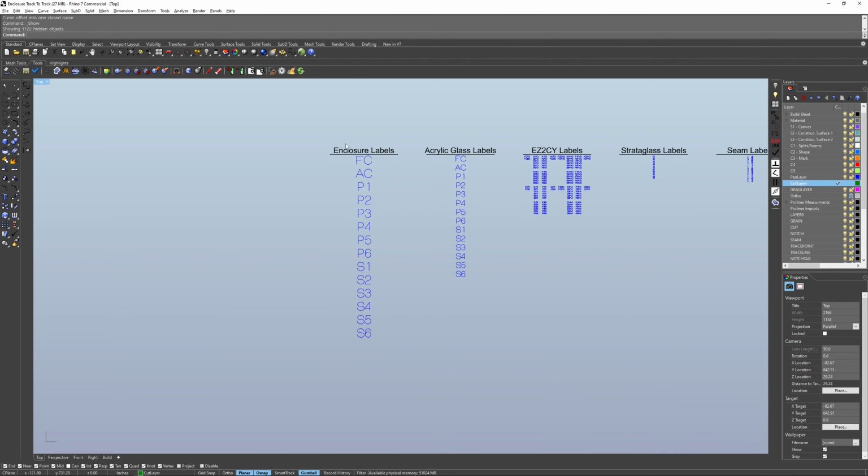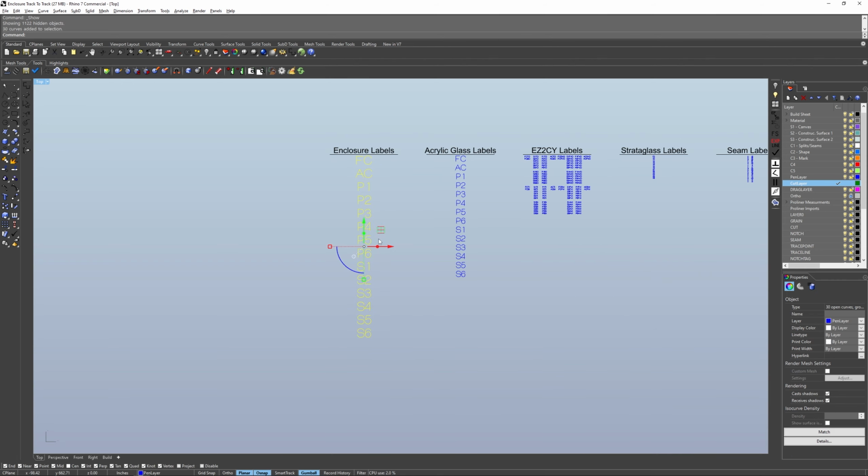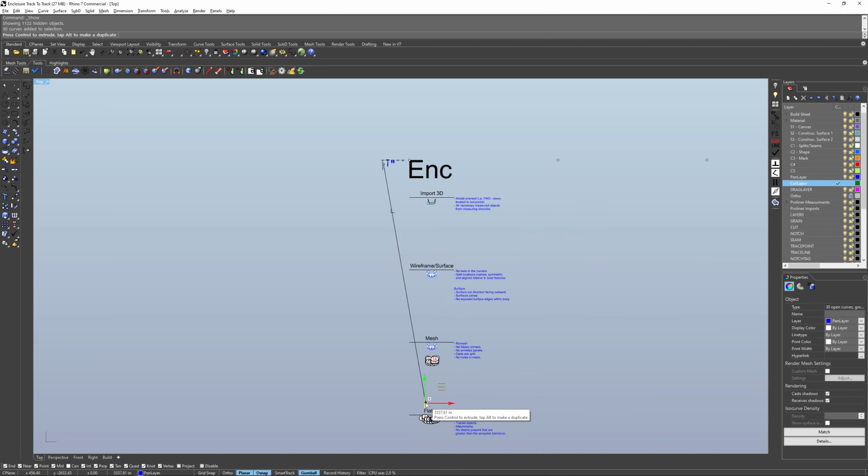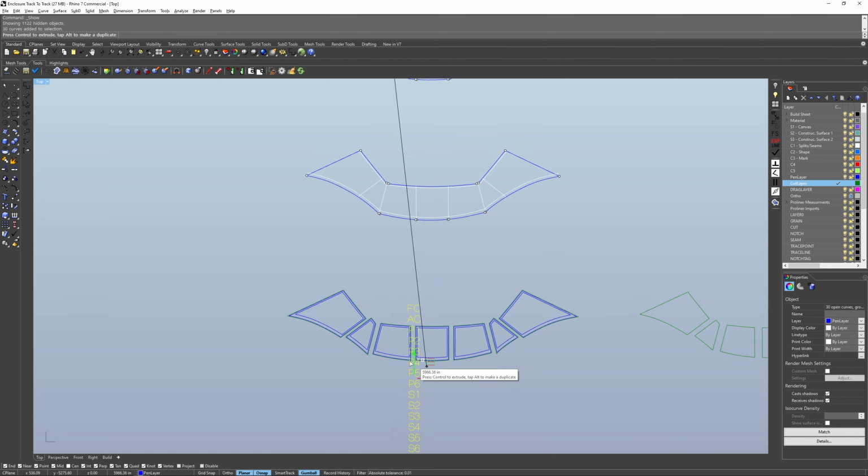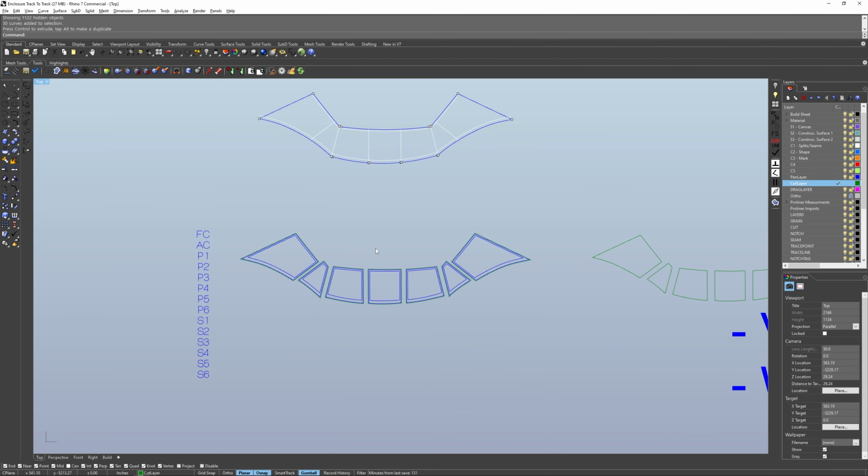We want the enclosure labels. Just going to select them all, copy, drag them down. And we'll go more in depth